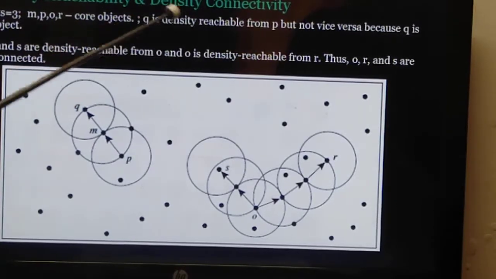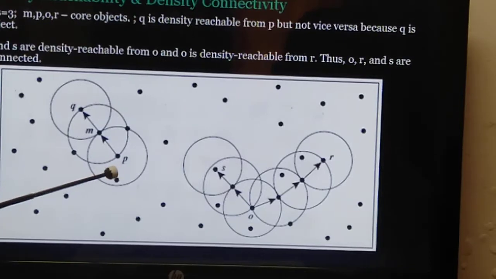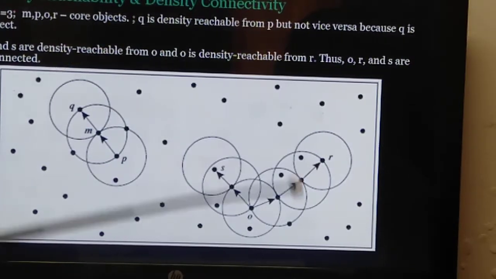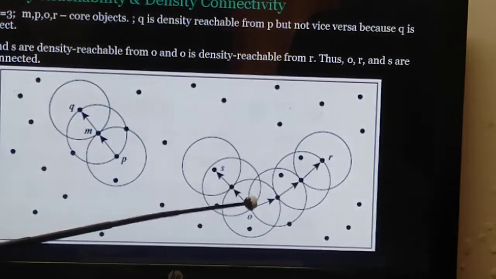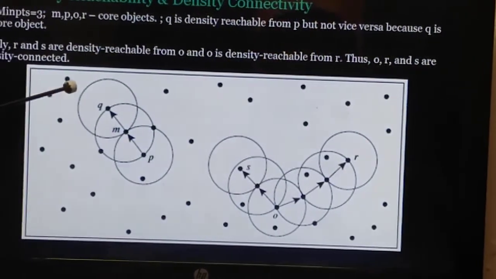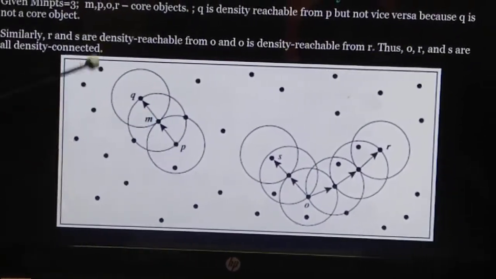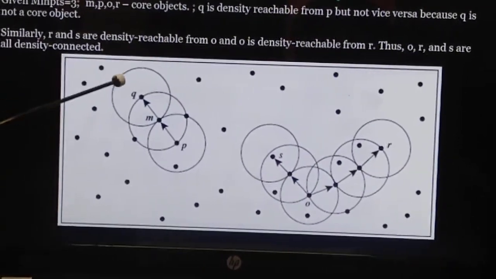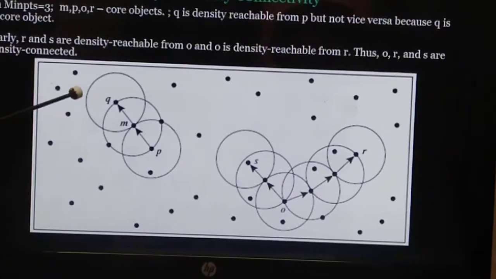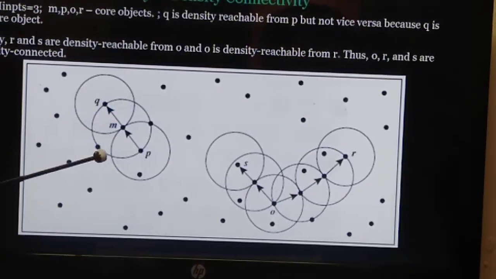Do you understand? Density reachability: a point is density reachable from another point if it has a path from itself to the point which needs to be reached through other core points. You can only reach a point from a core point, not from any other points. Okay, that is density reachability.